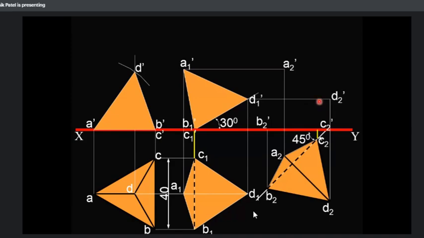Okay, now see this object from the bottom. Step number 5, see this object from the bottom. Which is a far away point? B2 or C2? You will observe this object from the bottom. C2. So C2 and A2, these are hidden lines. This is a hidden line. Clear? Have you understood?